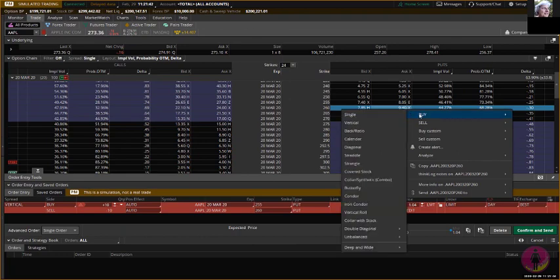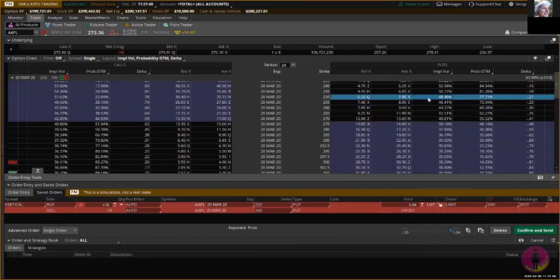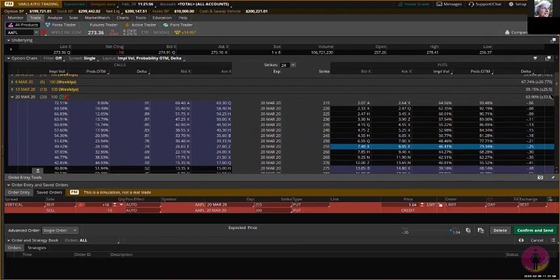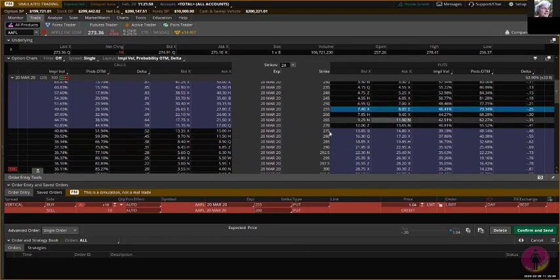Now at the moment you go the closest. The closest to the stock price is your primary credit or debit. So if you do a buy on a 260, which is the closest to the 273, then suddenly it's a debit. If you go on the bid and you sell the 260 and you do a vertical, then that is a credit spread because it's the closest to the 270.